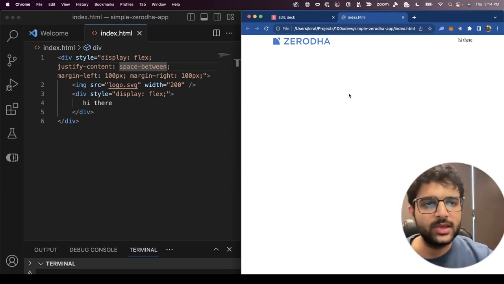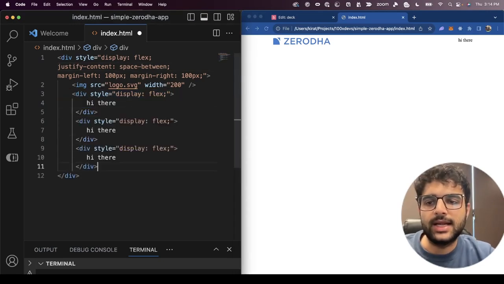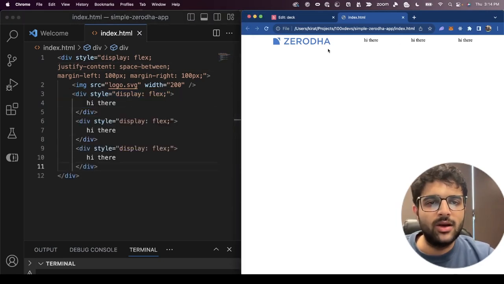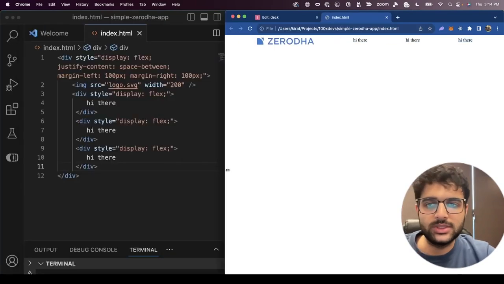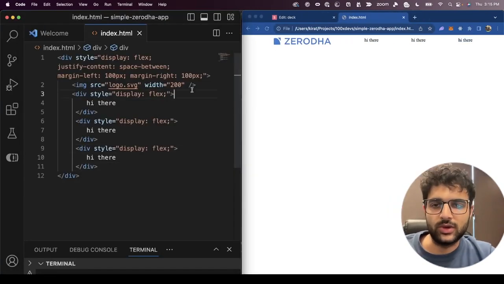What was the problem? Okay, there need to be 3 here. What was the one way of doing it? Okay, I'll just add the 3 buttons here. The problem was all 4 of them are equally spaced then. We don't want that. We want Zerodha on the left. We want all 3 on the right. So what was the solution that was proposed? Solution proposed was,